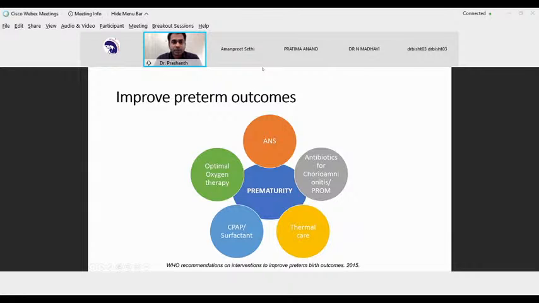Usage of delivery room CPAP for respiratory distress in preterms, as well as usage of a T-piece resuscitator for positive pressure ventilation for preterm resuscitation, and also the oxygen targeting in the delivery room. We know that there is a different set of guidelines for oxygen targeting based on the minutes after birth. So we need to be looking at oxygen targeting every minute and judicious use of oxygen in the delivery room